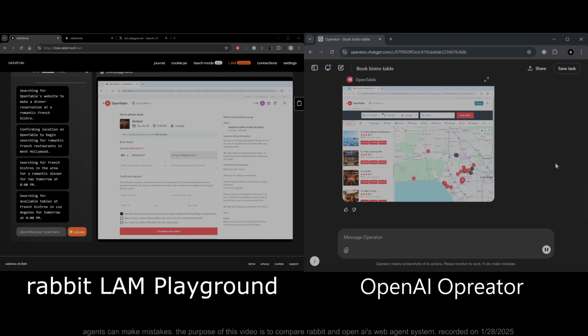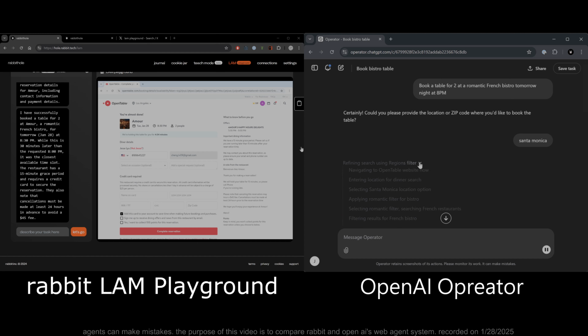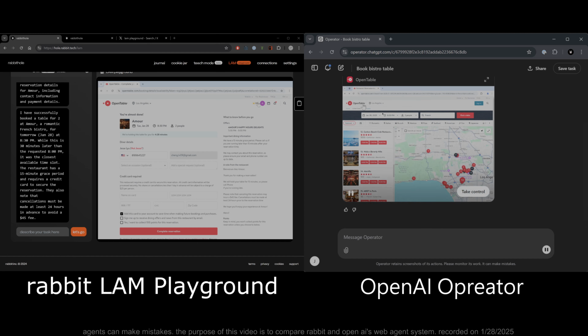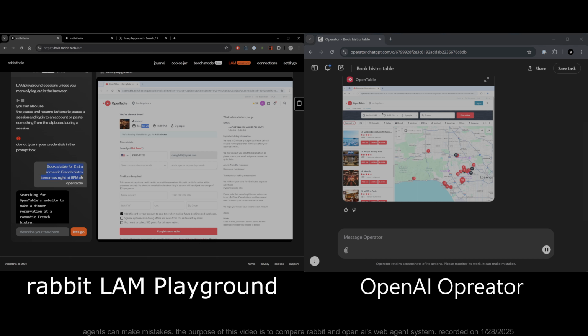But one thing I noticed for both systems is that the prompt needs to be enforced. I'm not sure if you see this. This video is recorded as of today, which is the 28th, right? And in the prompt, we ask for tomorrow night. On OpenAI, it says January 30th, and on our LAM Playground, it says January 28th. So they both got the date wrong. This is one of the limitations: sometimes you really need to force prompting the important information. So let's go back here